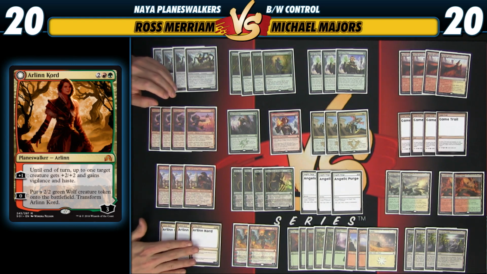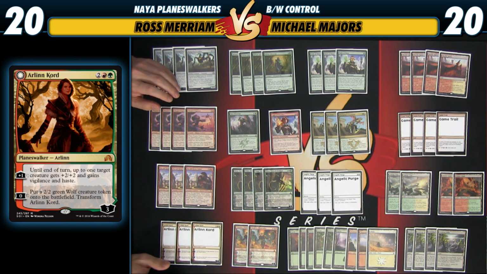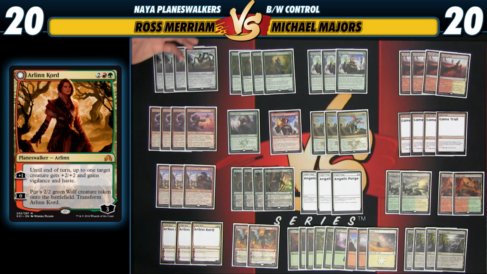Arlinn Kord is an exciting new card from Shadows over Innistrad, a two-mana green-red Planeswalker. You can either... Are you gonna try to name off all the abilities? Because you're definitely gonna get one wrong. Oh, it just does so many things. Well, I don't actually know what the ultimate does. Okay, then flip it over. It just does so many things, but I know...